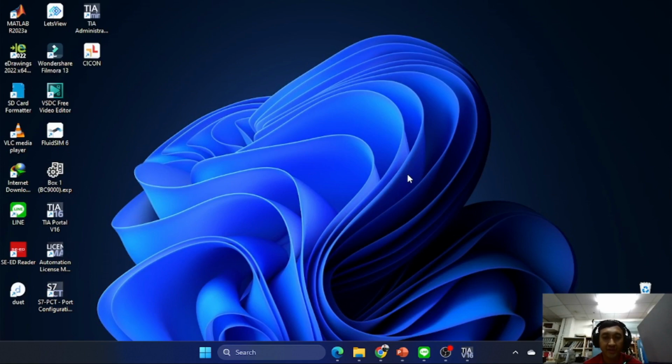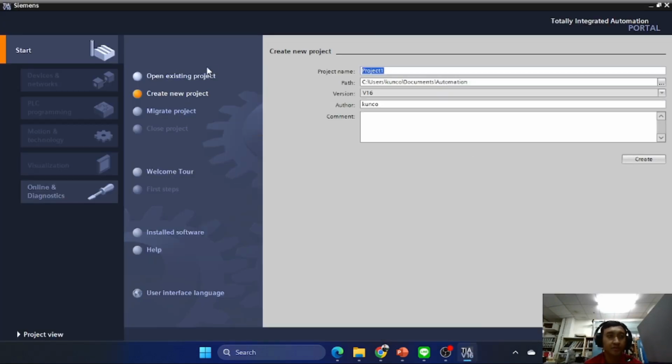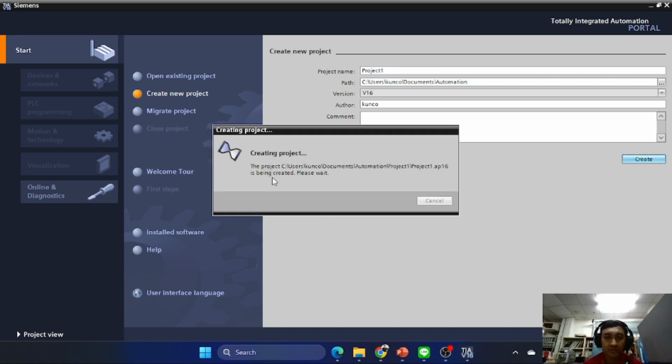Okay, for the first step you should open the TIA Portal version 16 program, and after the program is open, we can create a new project. We use Project 1 for the name and create it.